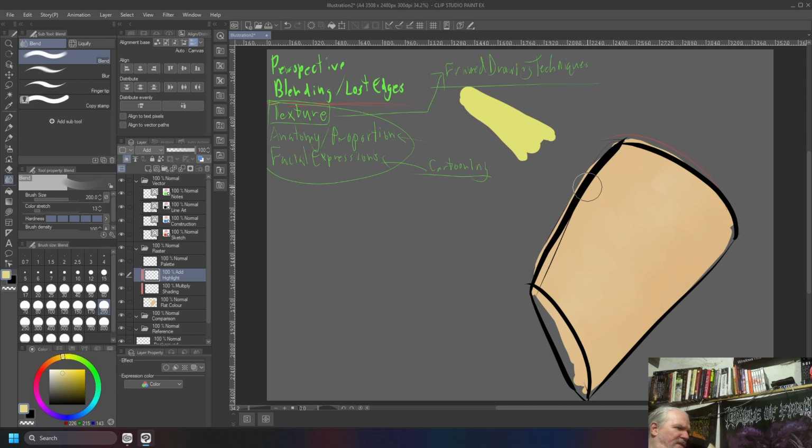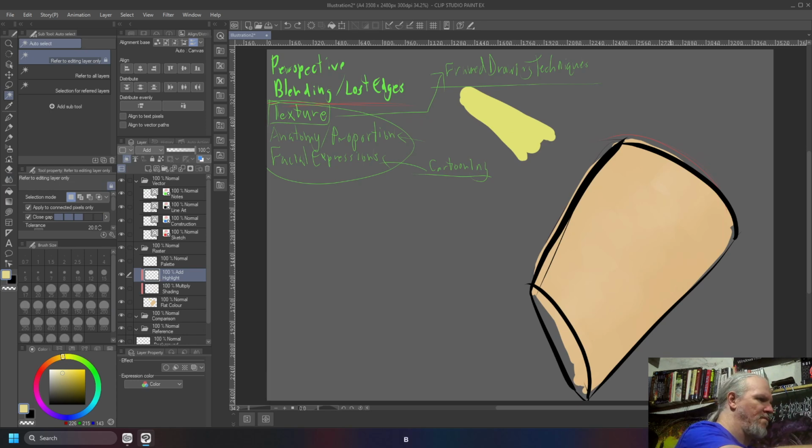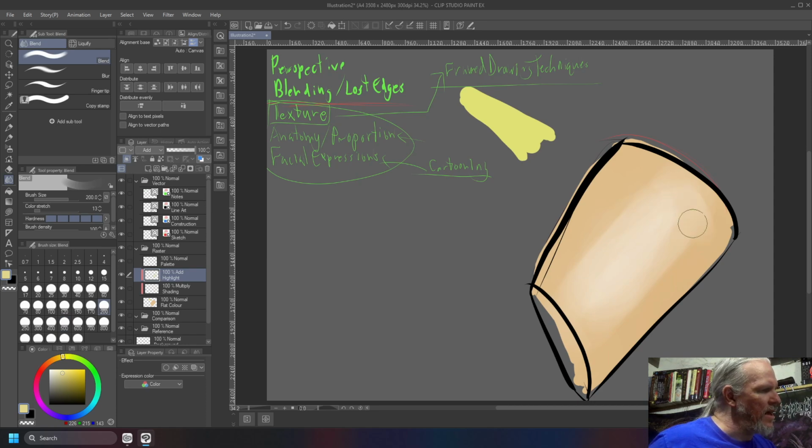I don't know. I don't feel like that looks good. I feel like, you know what, the highlight should be brighter. The highlight in here should be substantially brighter, and then we come over here to the blend, and we can blend into the highlight, sort of shape it. And blend along the